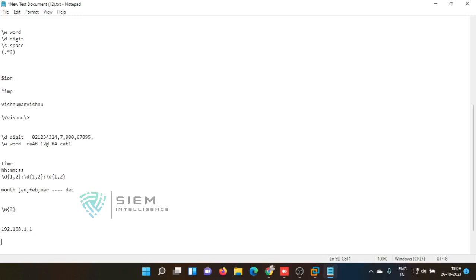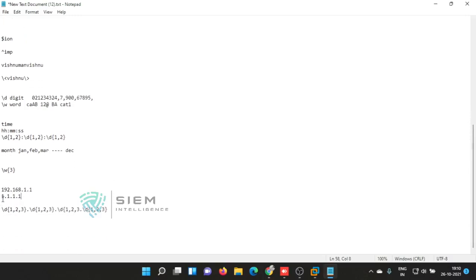For this you can give \d{1,2,3}, then dot, again \d{1,2,3}, again dot, \d{1,2,3}, again dot, \d{1,2,3}. It will cover all the combinations. If it is 1.1.1.1, then also it will cover it. Why? Because of 1 digit.